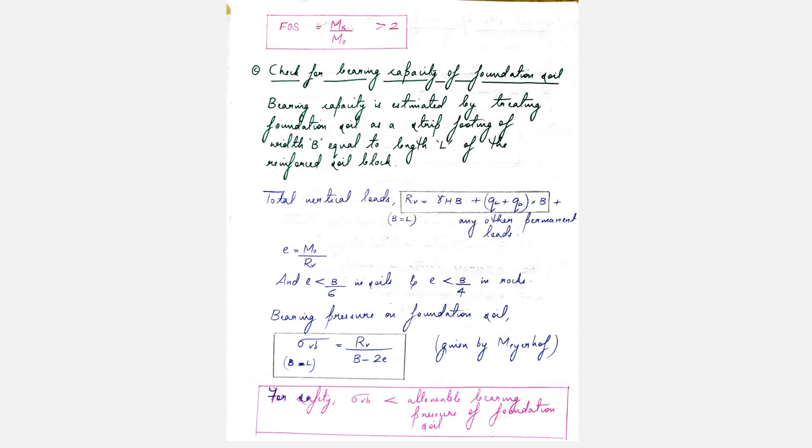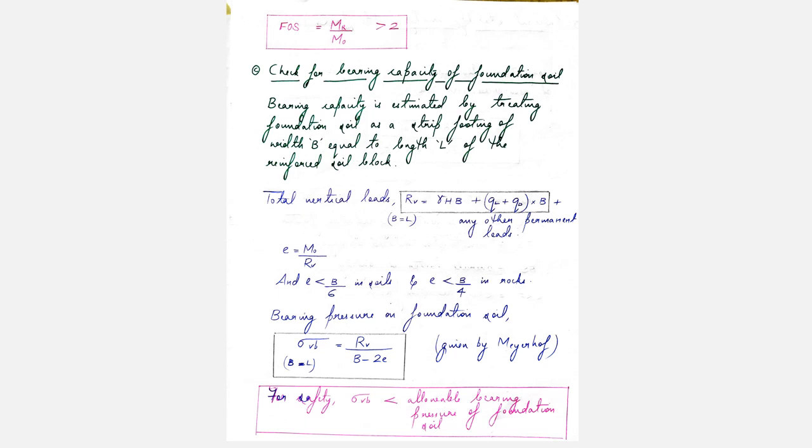Now the third type of failure analysis which we have to see is the check for the bearing capacity failure of the reinforced soil rigid block. If your foundation soil does not have sufficient bearing capacity, then obviously your retaining wall is prone to failure. So for the analysis part, we will be finding out the pressure which is acting on the foundation base. Then only we can check it with the allowable bearing capacity of the soil.